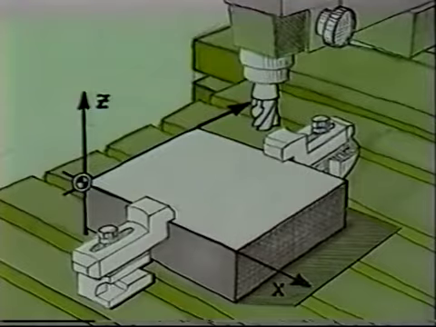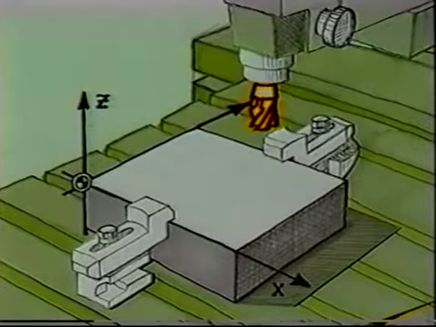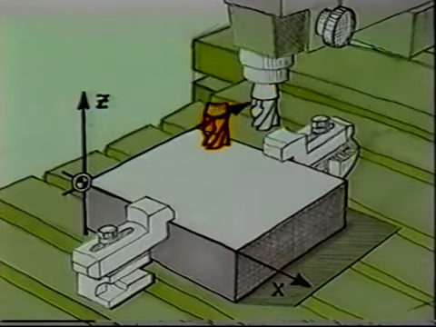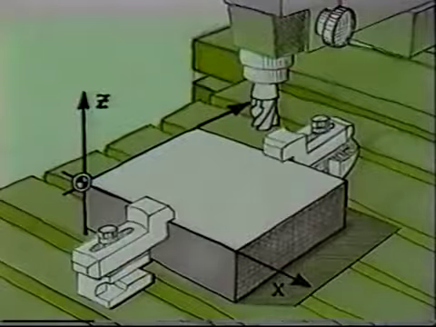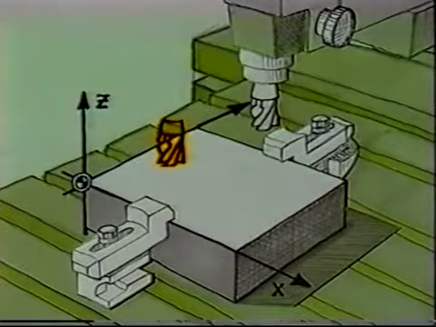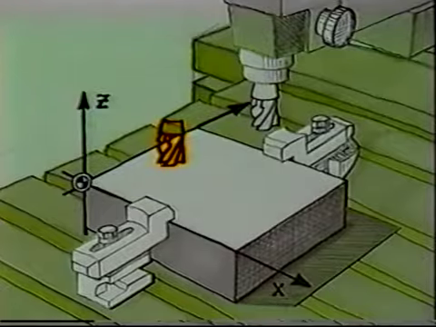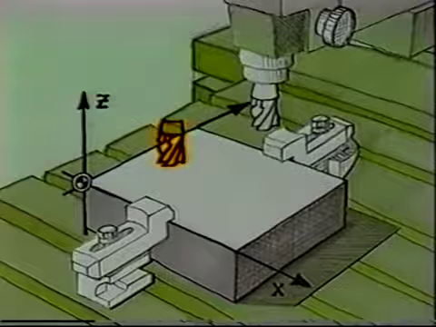Okay, now it's time for me to write the program. In the first block, I have to move to above the starting point in rapid traverse. How do you program rapid rate? Of course, there's also a command for programming the rapid rate, and that is G00, rapid traverse to the program target point. That's fine with me, so all I have to do is type in G00.